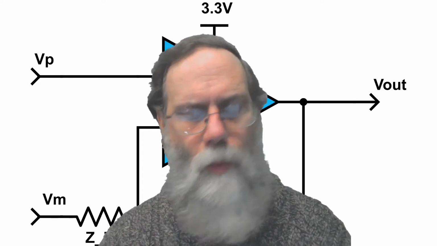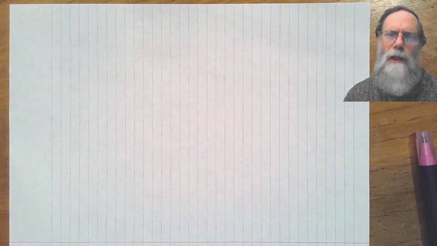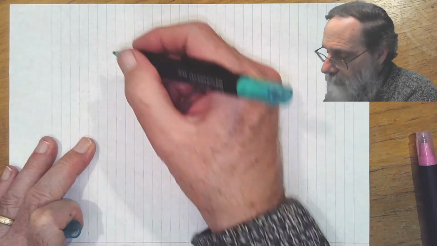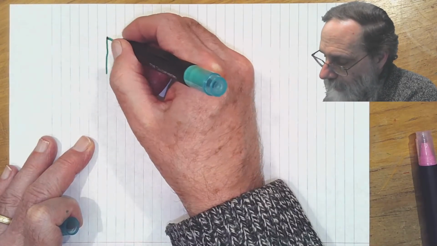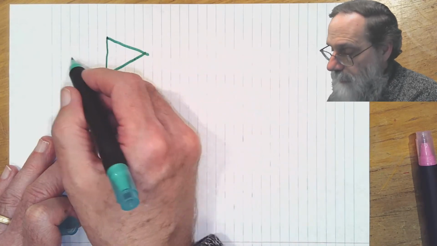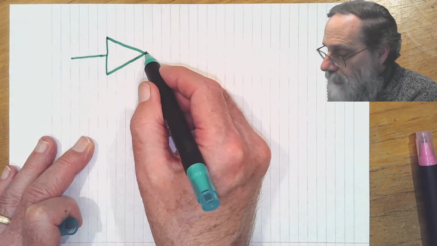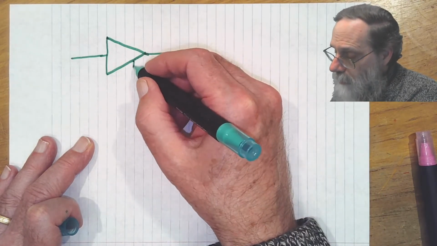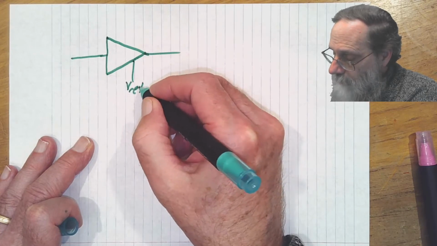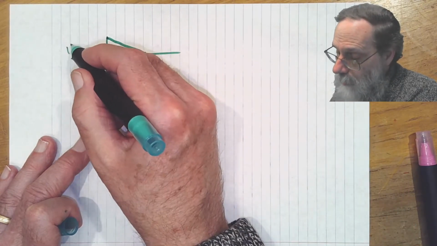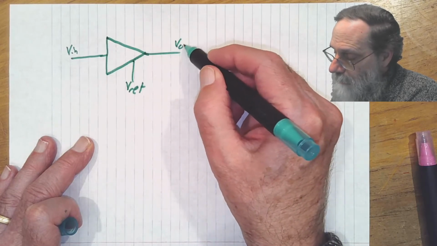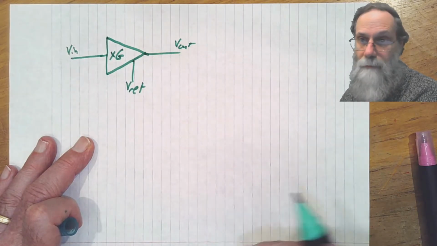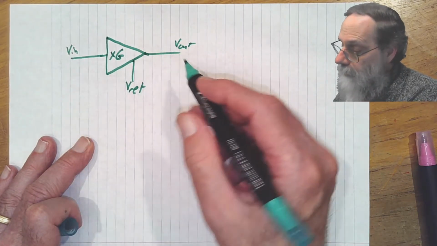Alright, so what is it that we want to do here? Let's take a look at the block diagram for an amplifier. In the block diagram, we're looking at a single signal coming in, a single signal coming out, both of these, if they're single wire signals, may be referenced to a common voltage Vref. So we'll have V in coming in, V out coming out, and the gain of this amplifier will be G, some number. The formula here is that